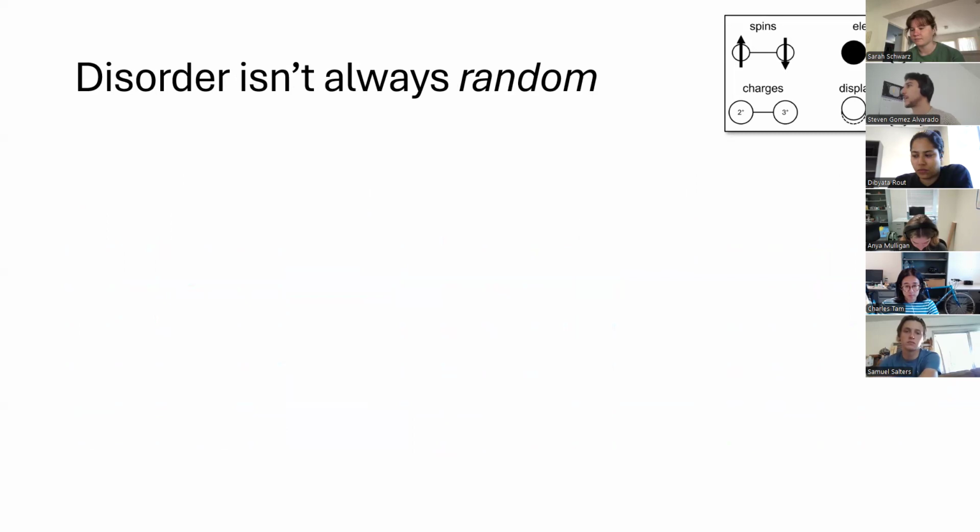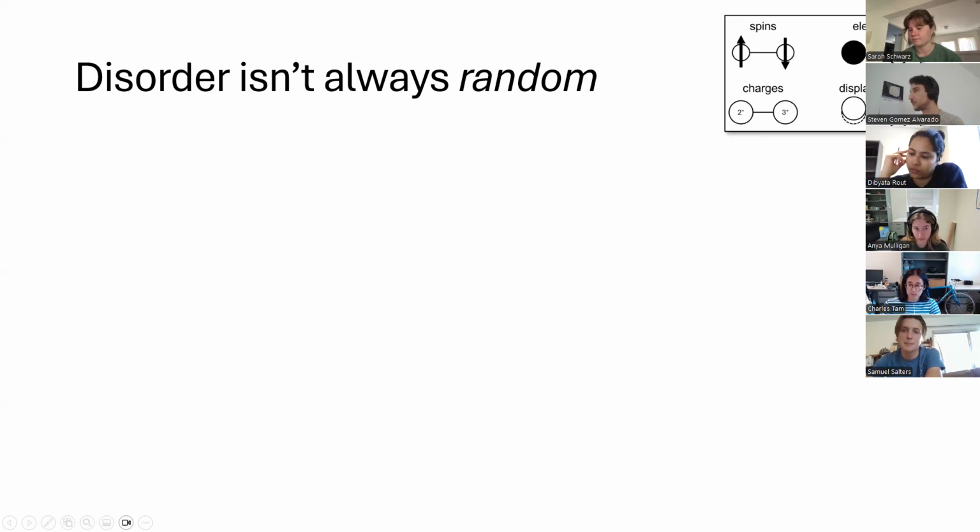So that's what this slide is getting at. Disorder isn't always random, even though the word sort of sounds random in itself. When we think about the disorder in these compounds, we don't have to just talk about atomic sites, like elements occupying a different site. We can think about magnetic degrees of freedom, like spins, charges, and we can think of lattice degrees of freedom,